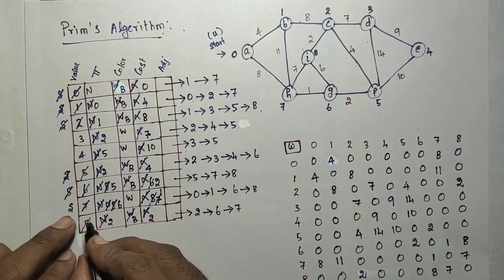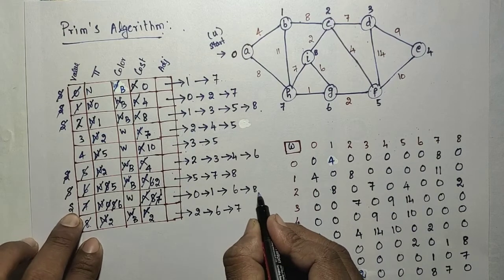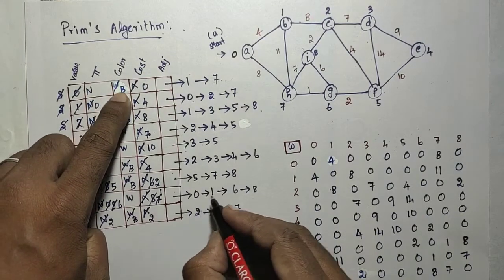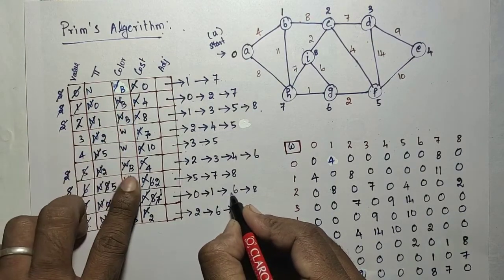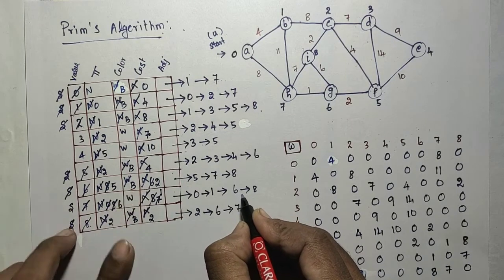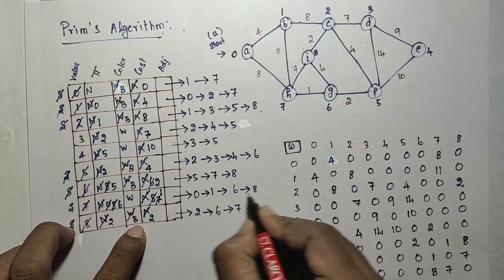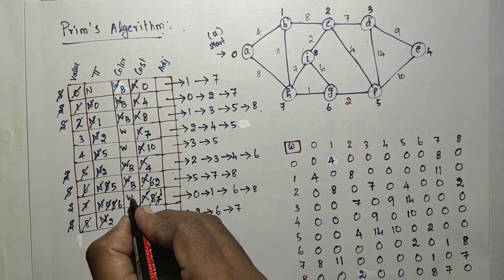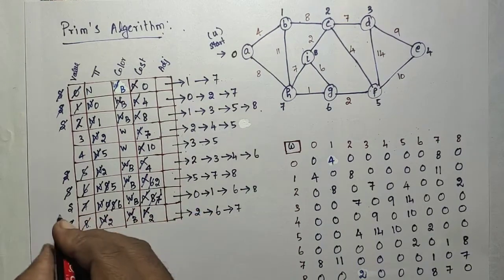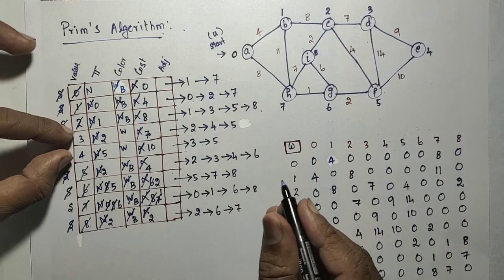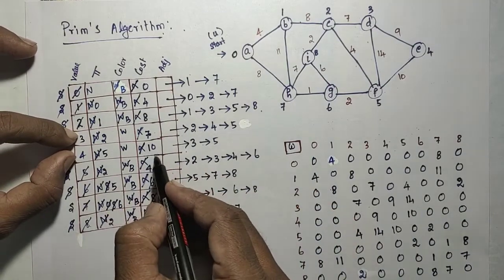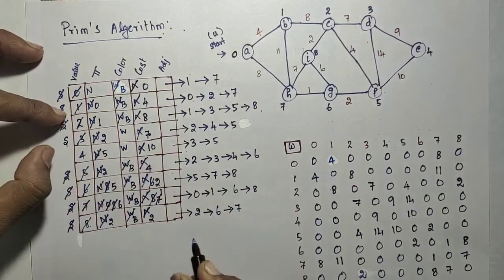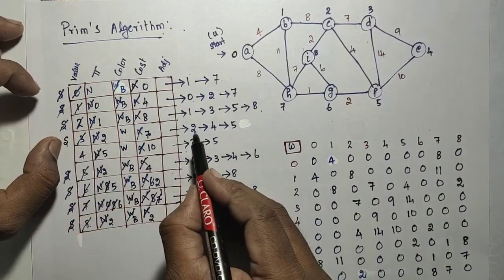And that will be marked as yes. So that 0, 1, 6, 8 have to be updated. 0 already visited. 1 already visited. 6 also visited. 8 also visited. So all are already visited. No need for updation. So that color will be changed to black. So that is over. Next, between these two I need to extract 1. That is 7 and 10. 7 will be extracted and this will be marked as yes.